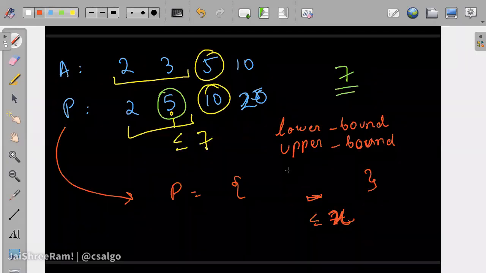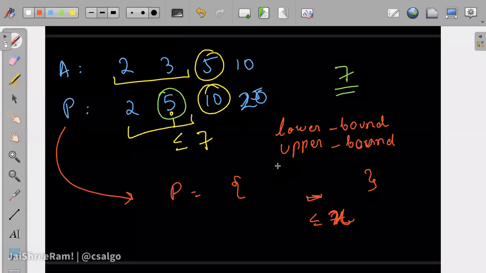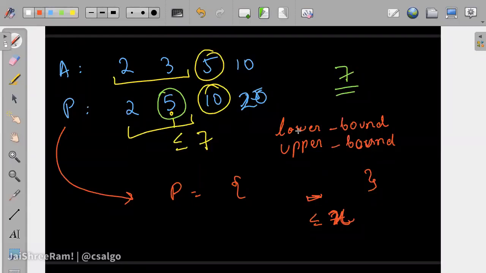It's just a one-liner, you don't need that much logic, you don't want to write if else too many times. So the correct answer is upper bound minus 1. It's not lower bound minus 1.